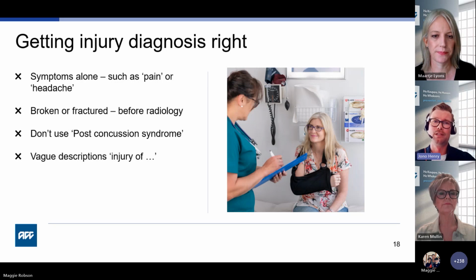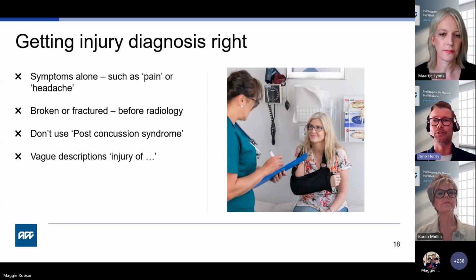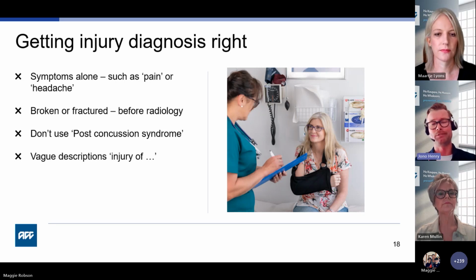Now, there are numerous syndromes and conditions which do not reflect physical injuries. These should be avoided on claim lodgement unless they're completed or lodged by an appropriate healthcare provider. We will likely contact you for clarification on the specific physical injury diagnosis if incorrect. Unfortunately, this creates delays for the lodgement of your claim and the ability for your patients to receive assistance from us. Now, there are two complex claim types that can only be lodged by a medical practitioner, and I'll hand back to Marcia to discuss these types of claims.